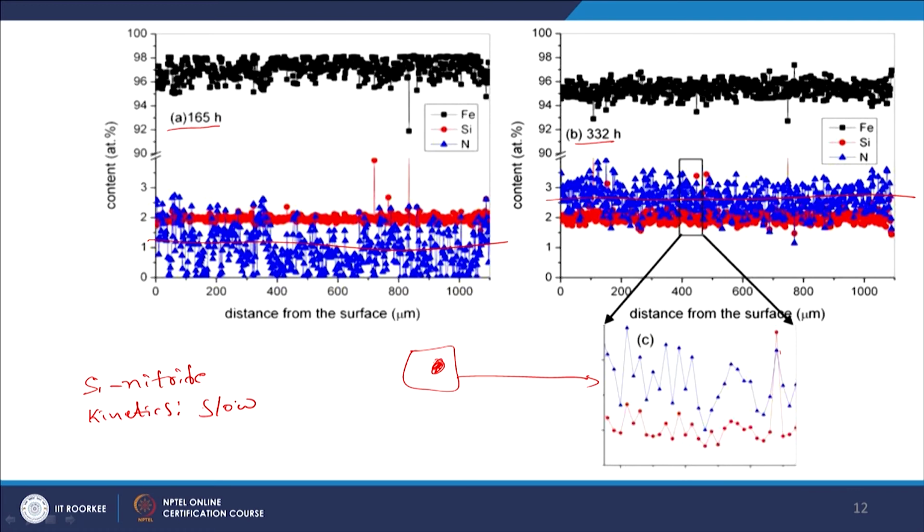Now, with this I would like to summarize this lecture. We have seen that depending on the type of element, for example chromium and vanadium, which we classified earlier in the lecture as strong nitride formers, they interact very quickly with nitrogen, leading to a significant increase in the hardness, and the hardness depth profile will be rather sharp. You have a hardened region and an unreacted core which is soft, which is usually desirable for applications.